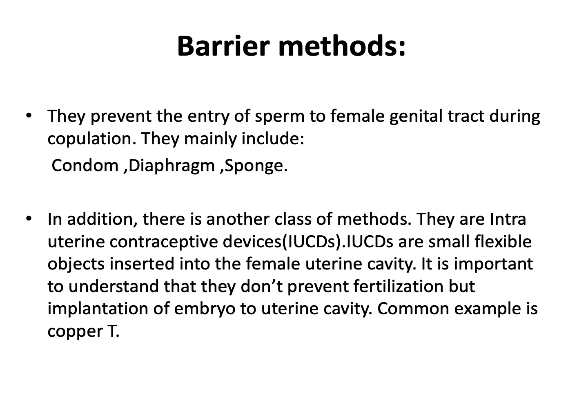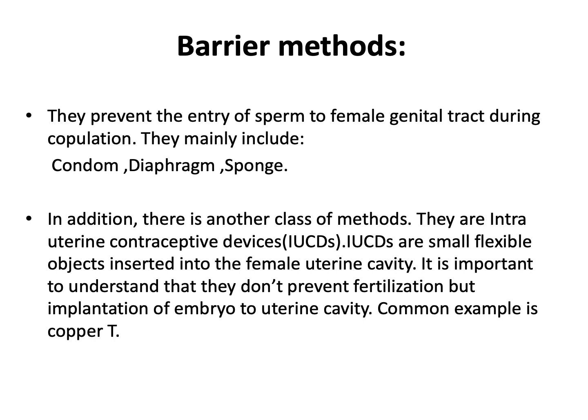As the name suggests, barrier methods create a barrier between the two things. That means they prevent the entry of sperm into the female genital tract in order to prevent fertilization during copulation. So it mainly includes condoms, the female diaphragm, and the sponge. In addition, we have